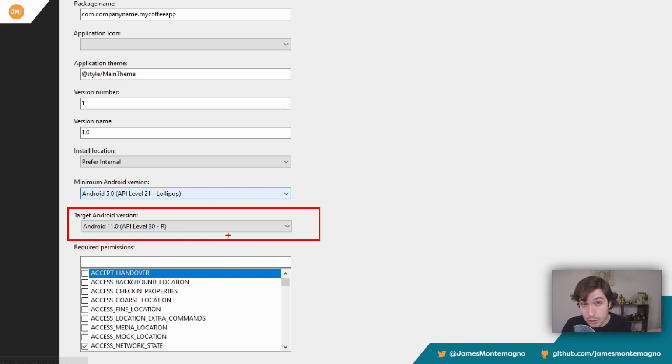Now, what I just told Android though, is that I have tested and I am sure that any of those new APIs that Google introduced in Android 11 are totally compatible with my application. So you really want to make sure that you don't just willy-nilly change this setting, that you actually pay a little bit of attention to what is new in Android, because you are telling Google Play and the Android operating system that, hey, I've checked my code. It is all good to go.